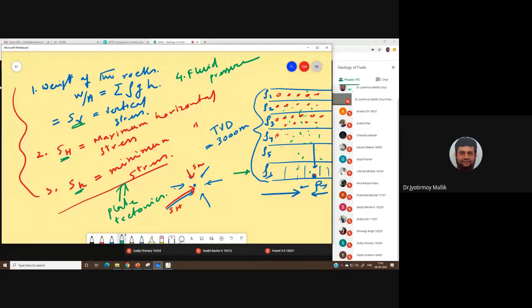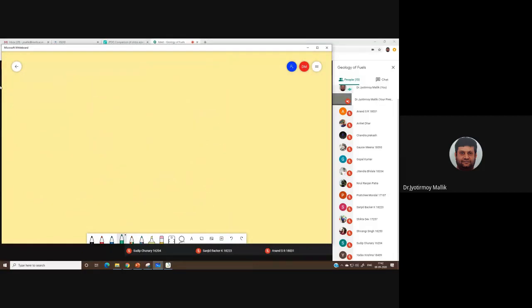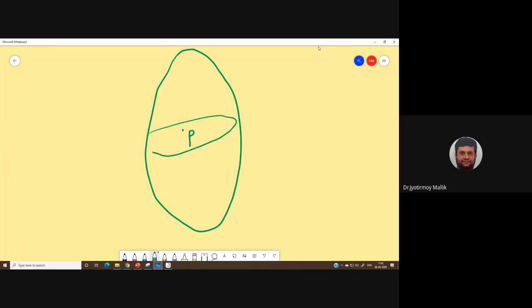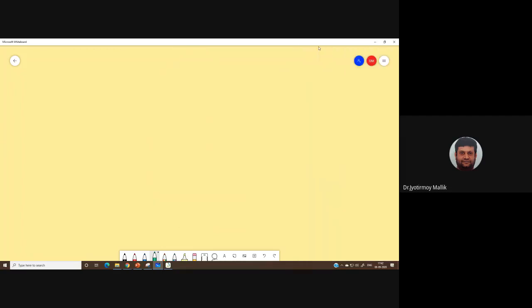Okay. Now, if I want to put this whole thing together, I can say that at this point P, there is this stress ellipsoid, and then of course there is this beautiful, let me draw it, it's not properly drawn.